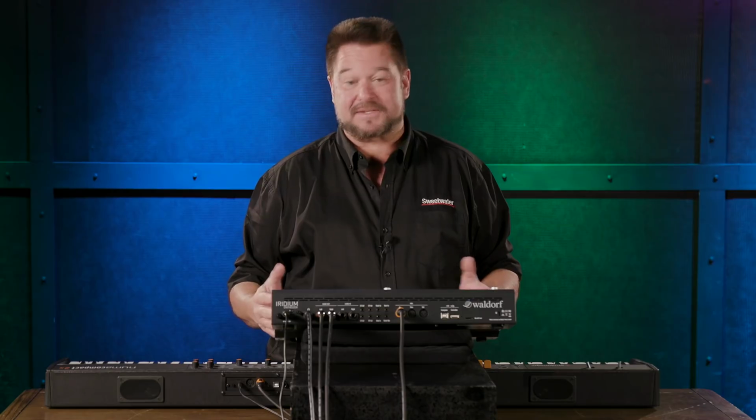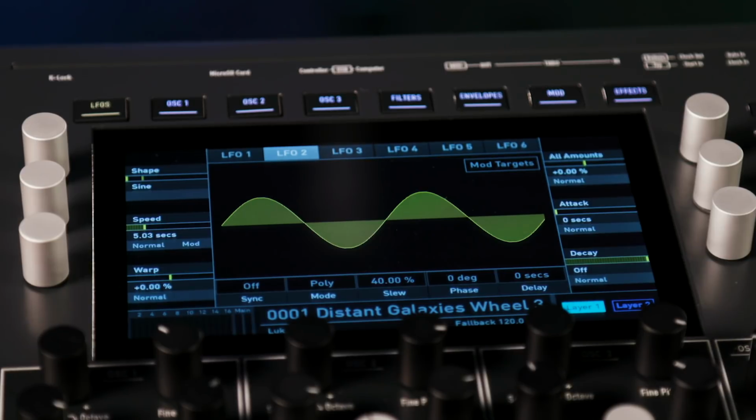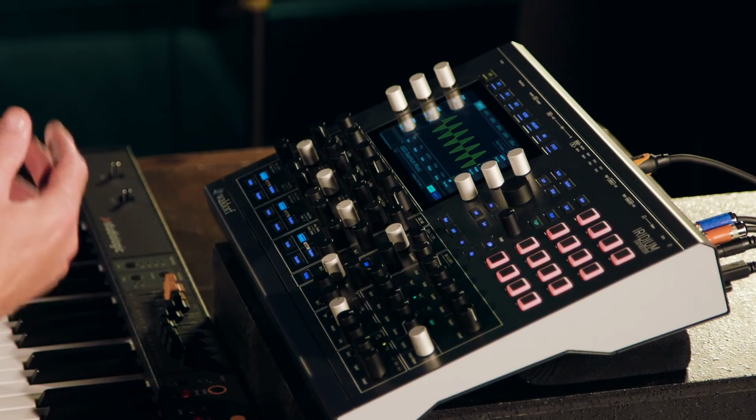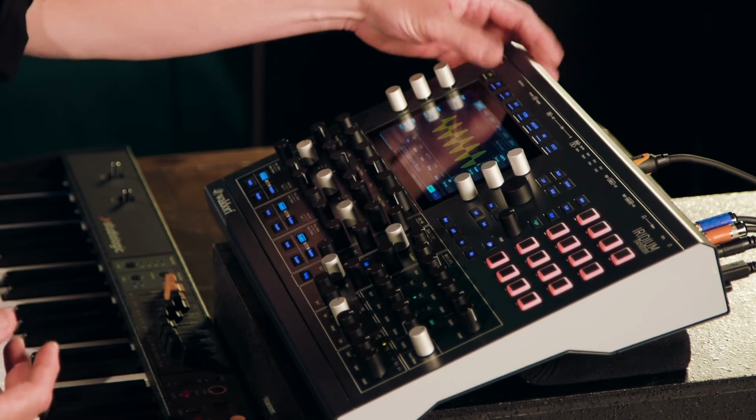So when you first hear about all these parameters, you might be thinking, man, this is a really complex synthesizer. And it is, no doubt. But one of their slogans is that this is complex but not complicated. How is that possible? Well, it's because of how well they did the screen and the knobs alongside of it, to where no matter what mode you're in, whether it's LFO or oscillators or filters, as soon as you go